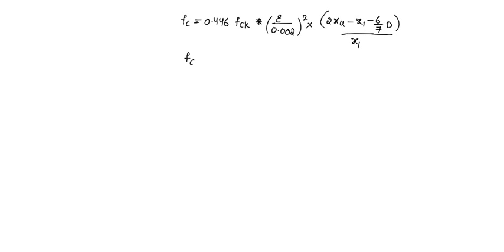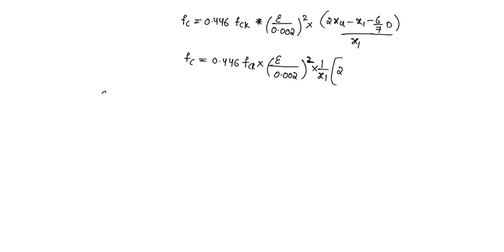Then Fc will be equal to 0.446 fck into epsilon by 0.002 whole square into 1 by x1 into 2 into x1. Xu can be written as,